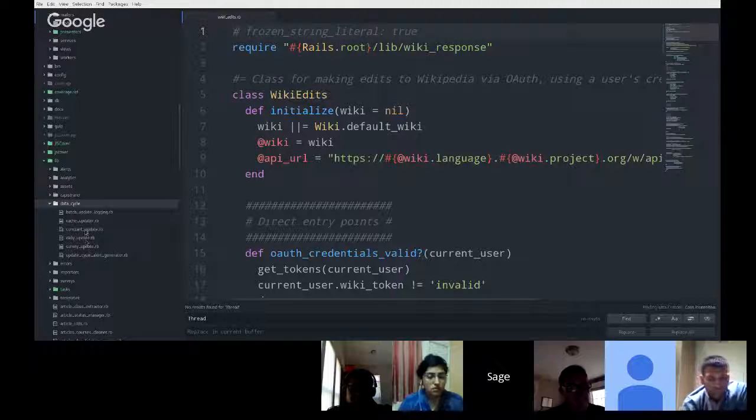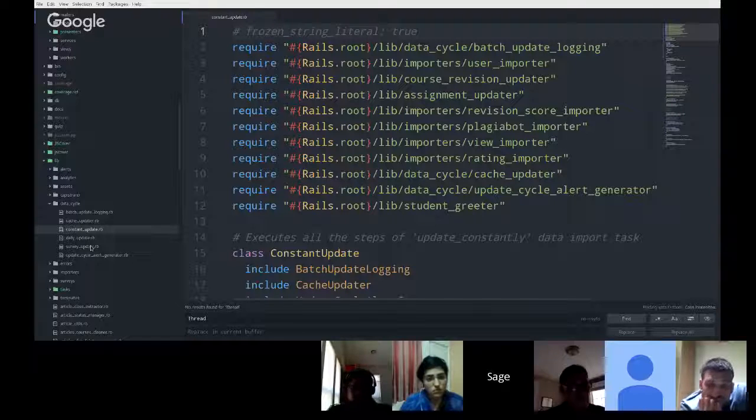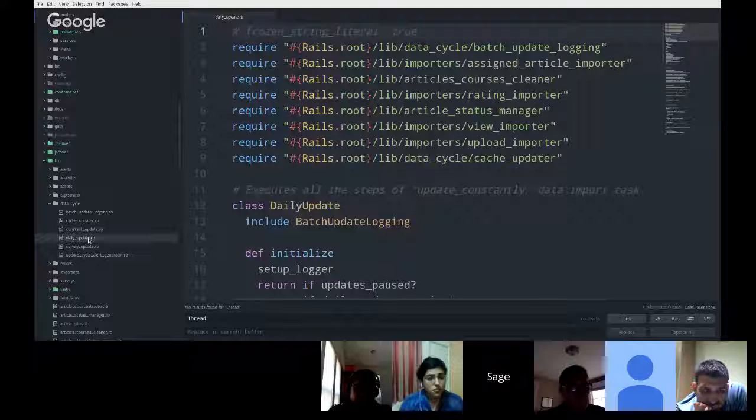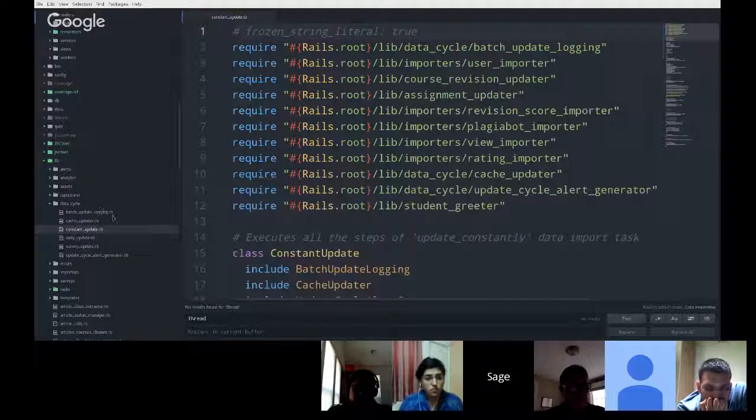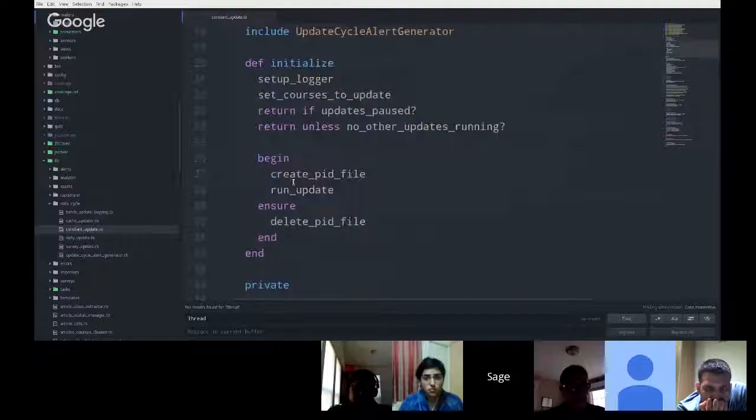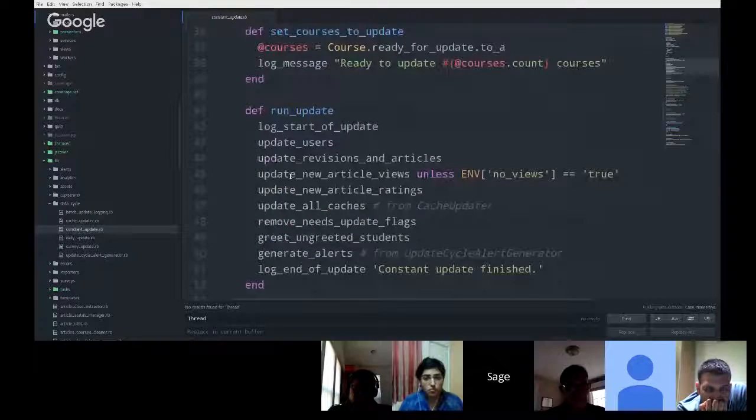The app works by having two main update cycles: the constant update, which tries to run as often as it's able, one at a time, and then the daily update, which pulls in additional data that doesn't change continually, but gets updated on Wikipedia at a slower rate. These two are a whole series of steps that it does to pull in new users, check whether usernames changed on Wikipedia, pull in new revisions in articles, check how many page views those articles got